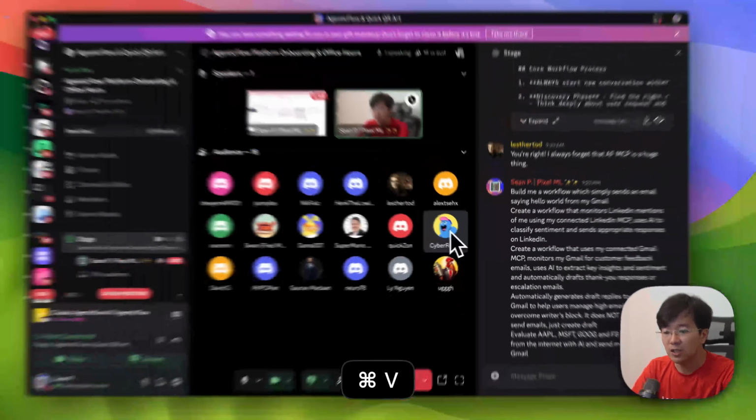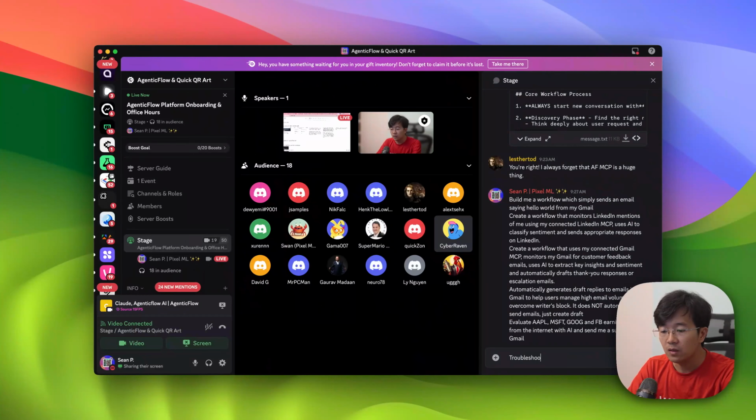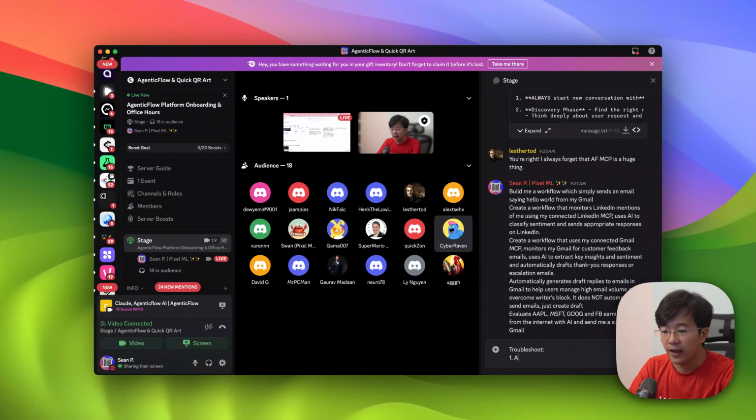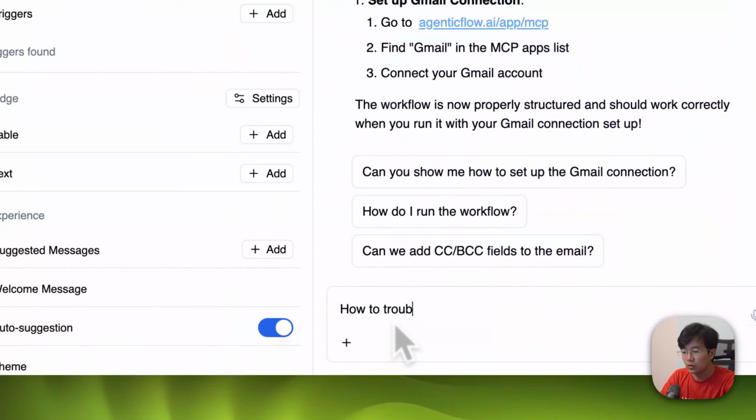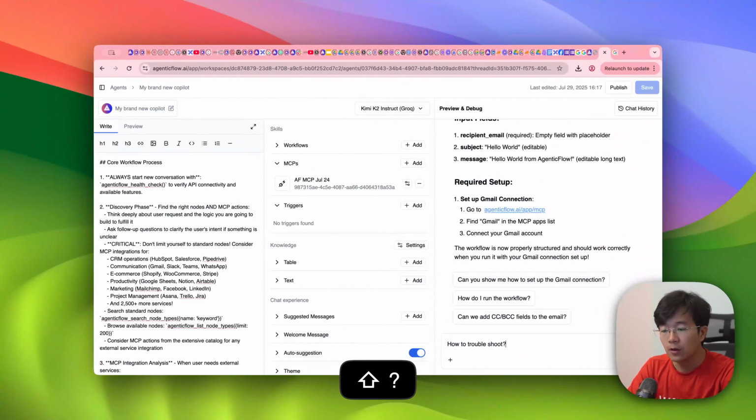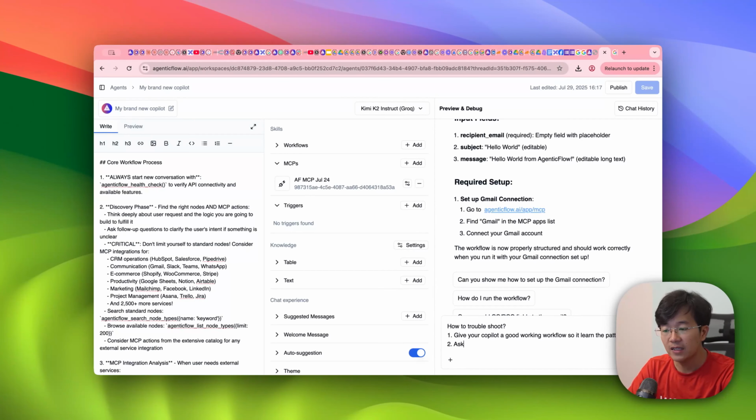So my suggestion for you to troubleshoot is: 1, give the agent, with your Copilot, a good working workflow, so it learns the pattern. 2nd, ask it to validate the workflow by using the AgenticFlow MCP, and then update the workflow